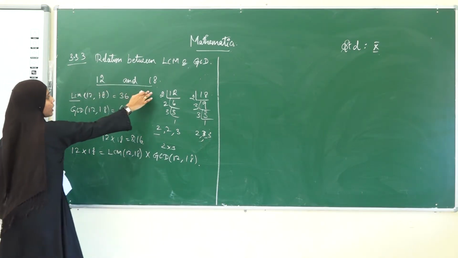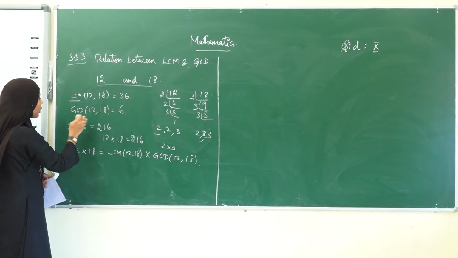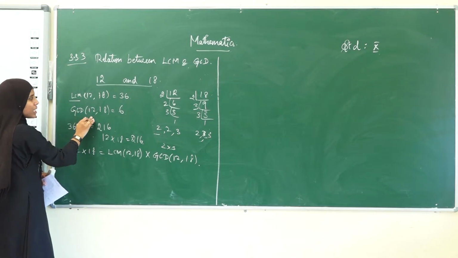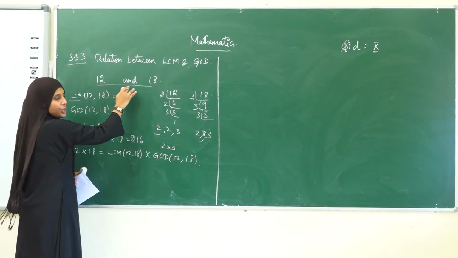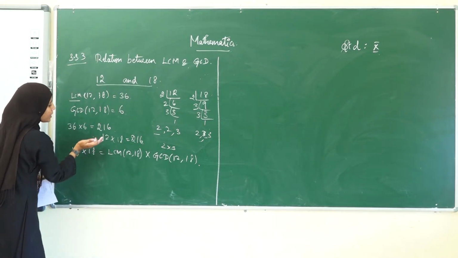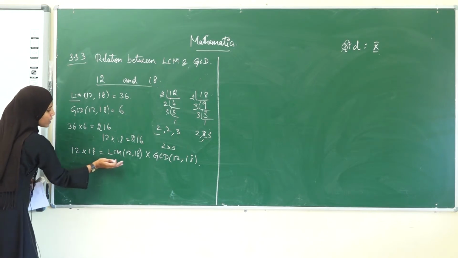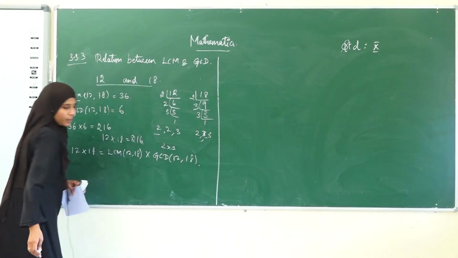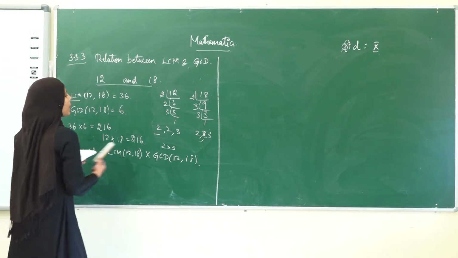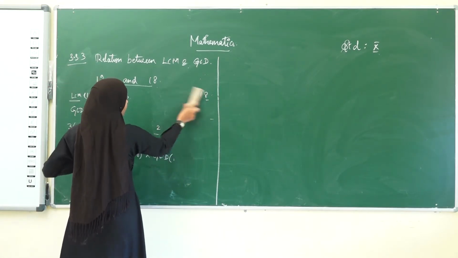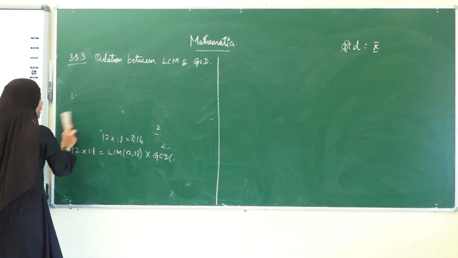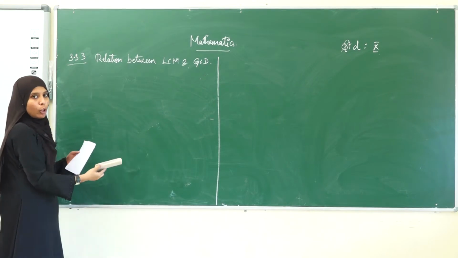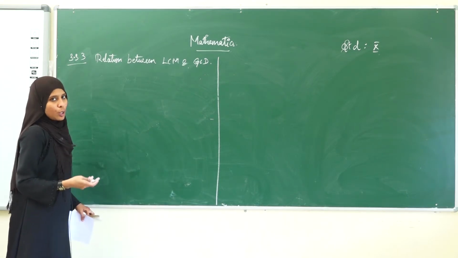For the given integers, we have found the LCM and we have also found the GCD. When multiplying these two terms, that is the LCM and GCD, and again multiplying the original two given integers, we got the same answer. Therefore 12 into 18 is equal to LCM of 12 comma 18 into GCD of 12 comma 18. Okay, the same can be applied for polynomials. In this chapter we are seeing only the LCM and GCD of polynomials. Now here it is an example of the relationship between LCM and GCD of integers.